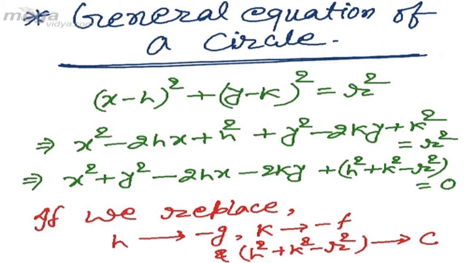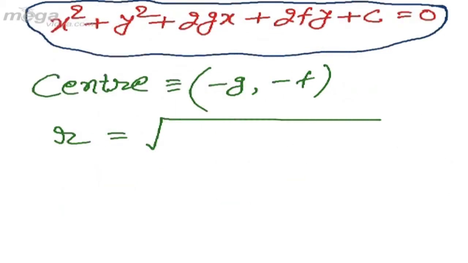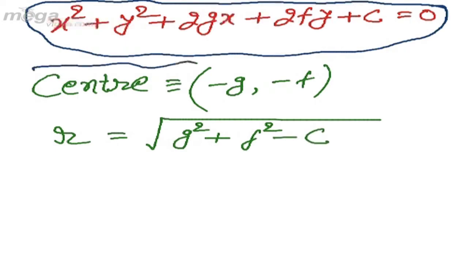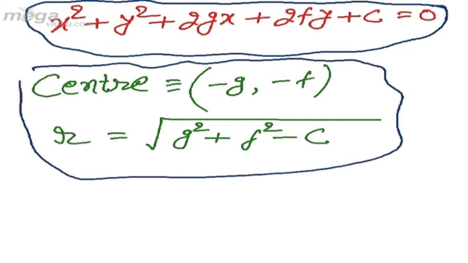So from here, r square is equal to h square plus k square minus c. So r is equal to root under h square plus k square minus c, and h is minus g, k is minus f. So finally it becomes root of g square plus f square minus c. So here this will be the center and this will be the radius when the equation of the circle is written